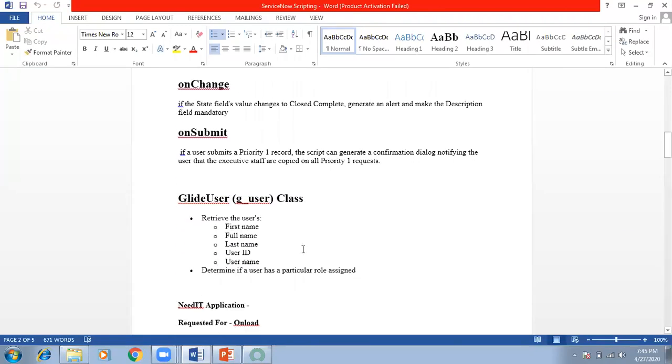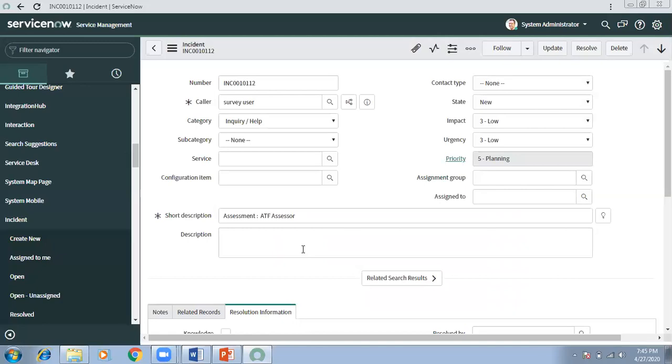So generally, it might be useful only in the case of the logged in user, right? Whenever there is a requirement where we need to change the fields based on the logged in user's group membership, or if the ticket you opened is a priority one ticket, then there should be these fields. If the ticket you are opening is priority two, then these fields should be there. All those things you can do.